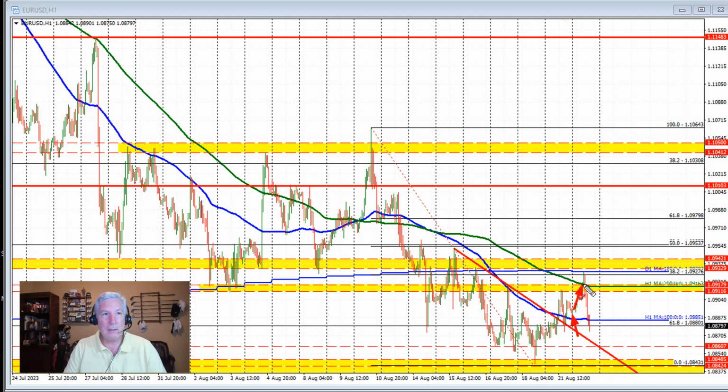It's a green line in this chart, and then extending above it, only to run into key resistance against the 100-day moving average and the 38.2% retracement of the move down from this high right here to the low right here. So the last trend move to the downside, that 100-day moving average and 38.2% retracement put the kibosh on the move to the upside. Buyers turned to sellers, and the price moved back below the 200-hour moving average right here and continued its move